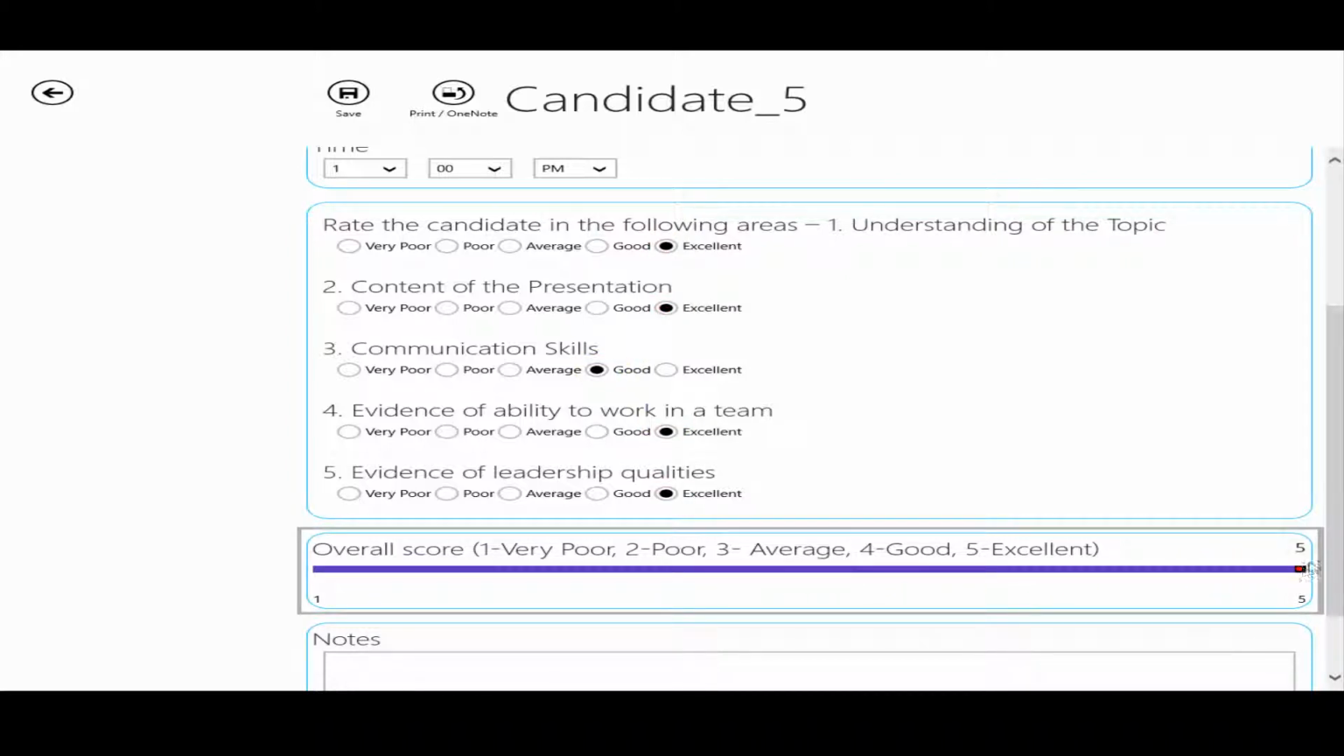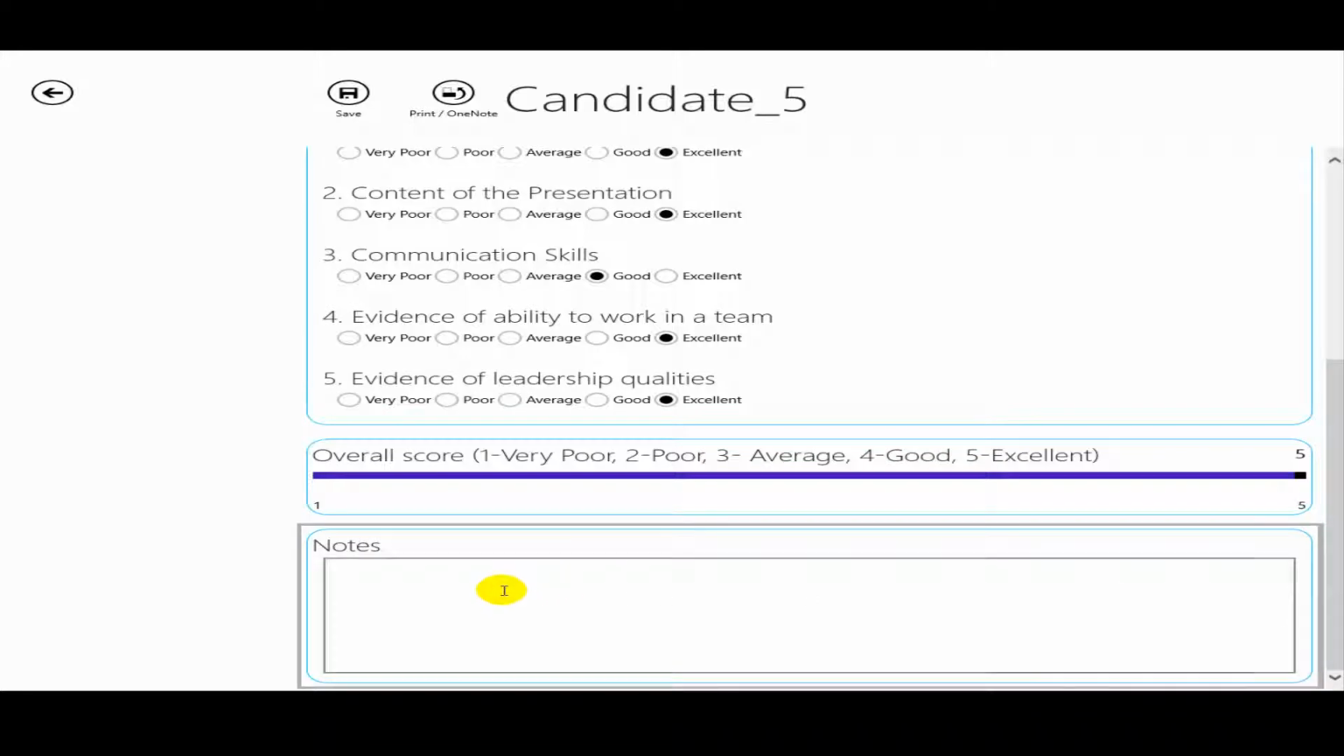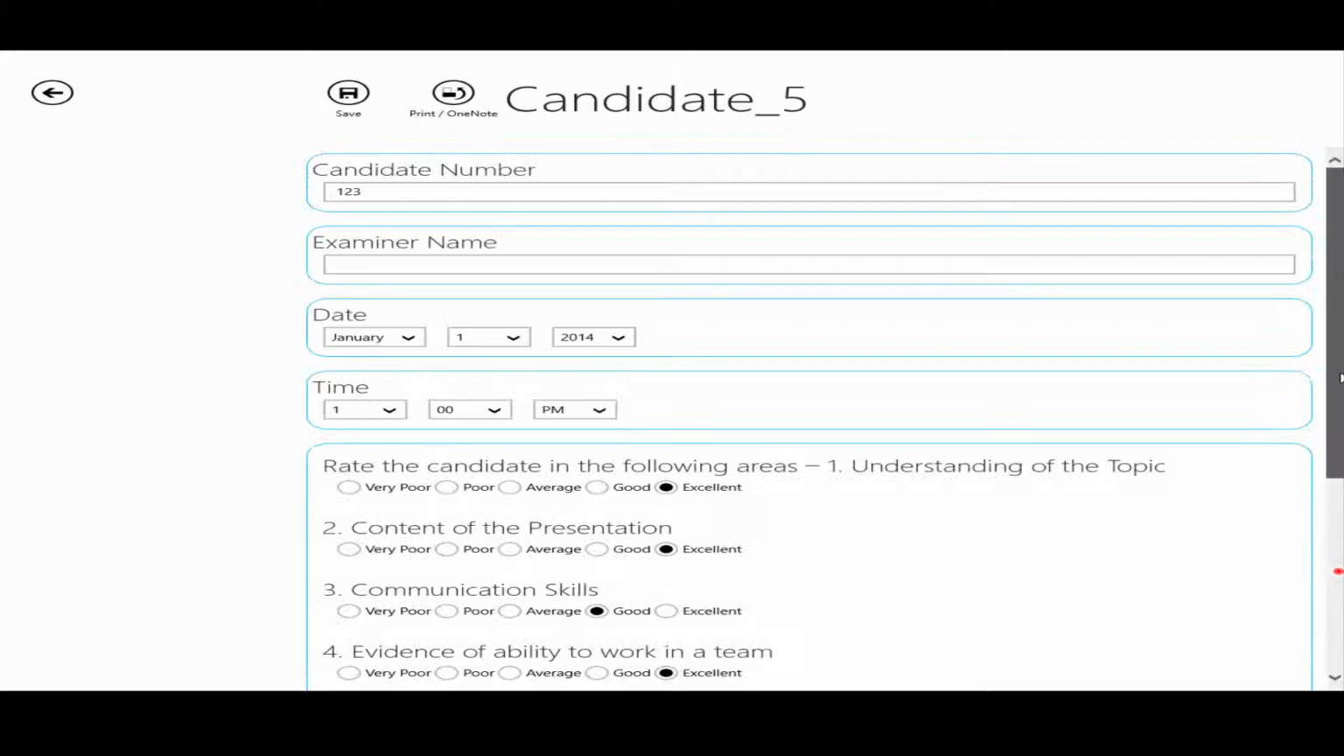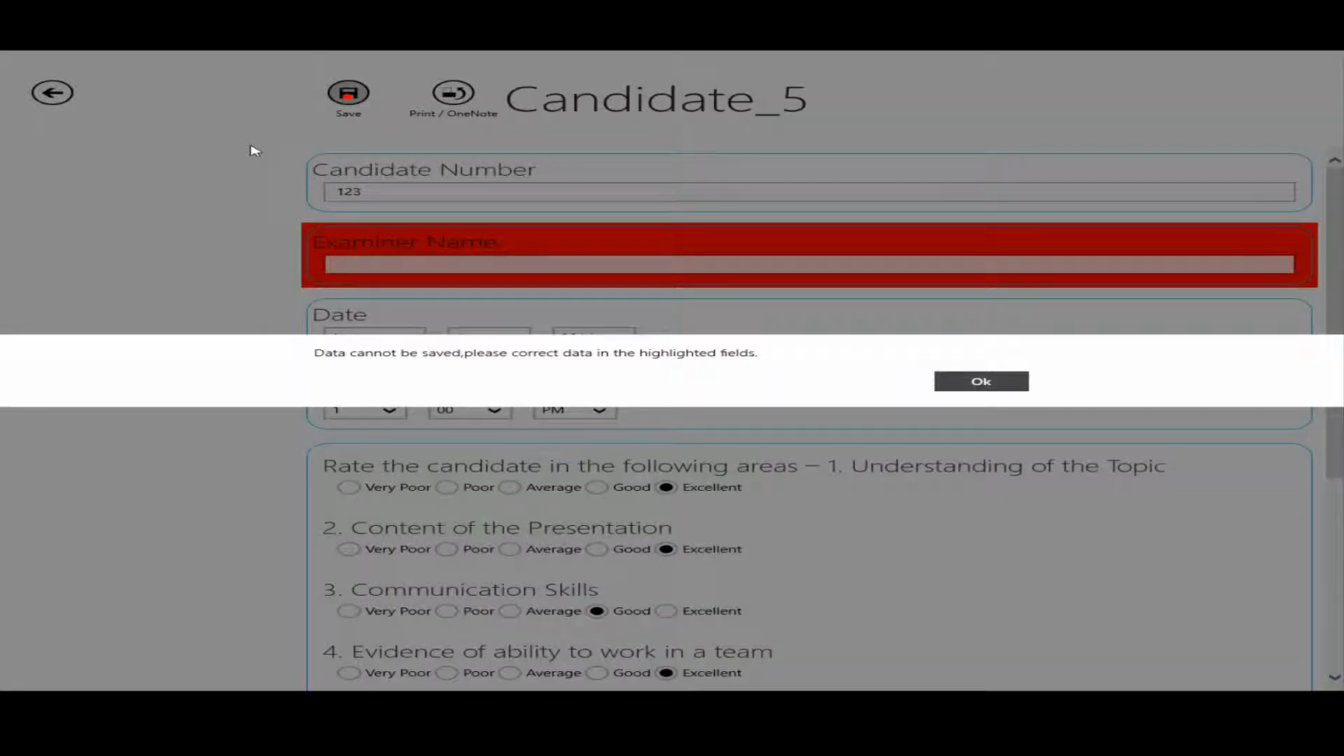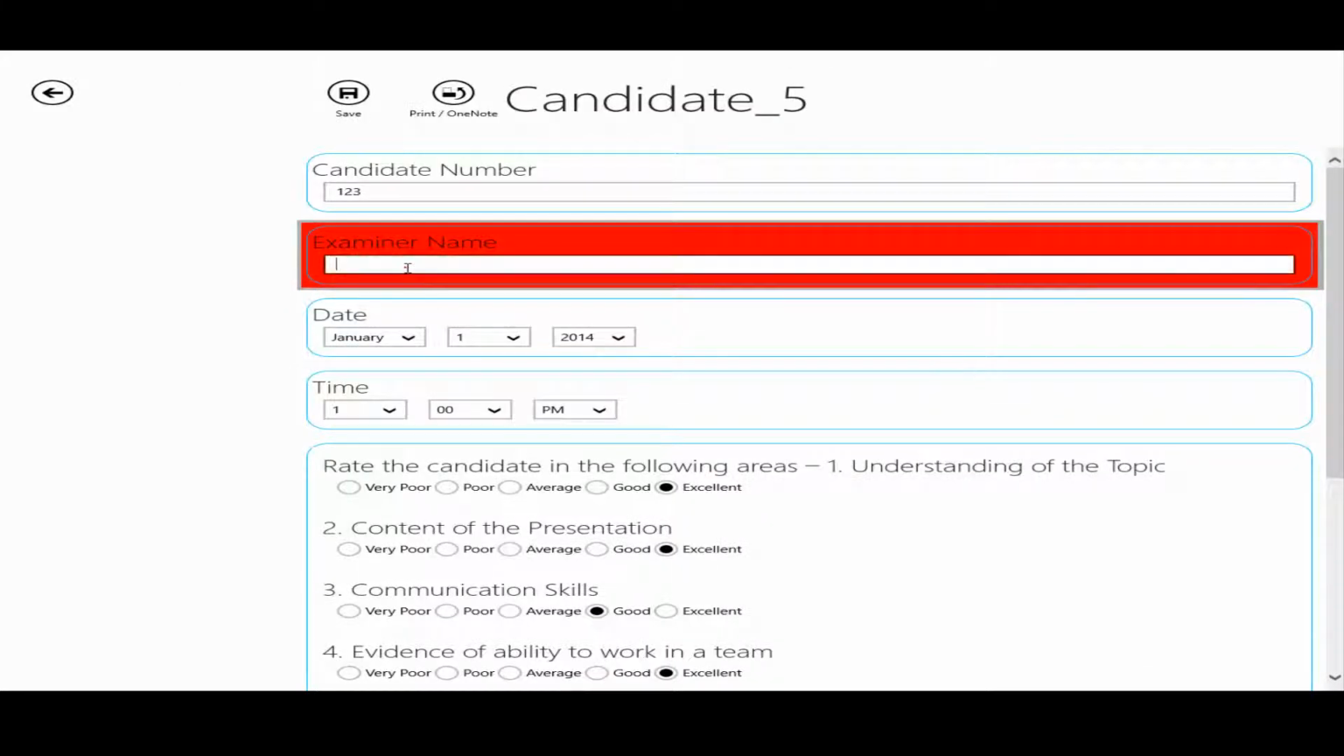excellent and notes as an excellent candidate. Click on save. As the examiner name is a required field, it's mandatory to enter data in this field. So click OK and we enter examiner name as Dr. Brown for example